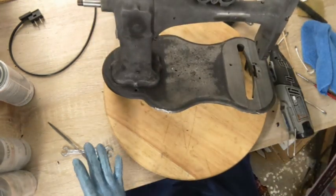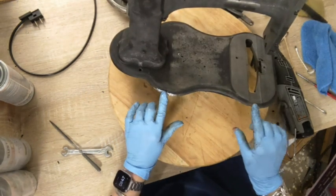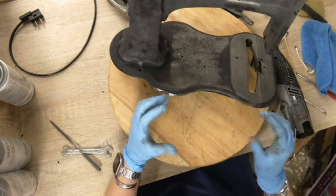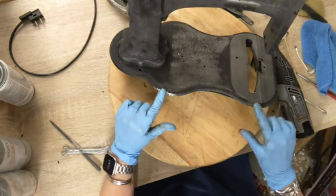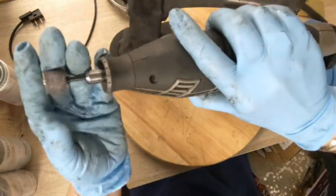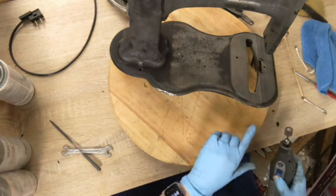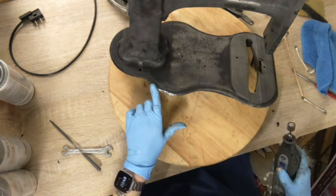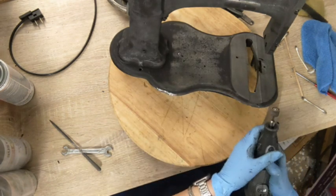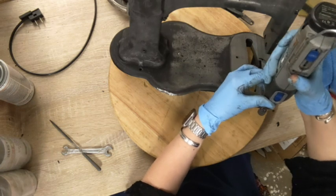Back here in the back, I started to do this off camera, but I decided I was going to turn it on for you. This had a mounting bracket at one point with pins that could mount into a treadle cabinet, and it was broken off at some point. And this was really, really sharp. And so what I've got is just the little hardcore sanding wheel, grinder wheel, whatever, on the end of my Dremel. And I'm not trying to reform everything, but I'm trying to make it smooth, because there are some really jagged edges here. So just kind of...